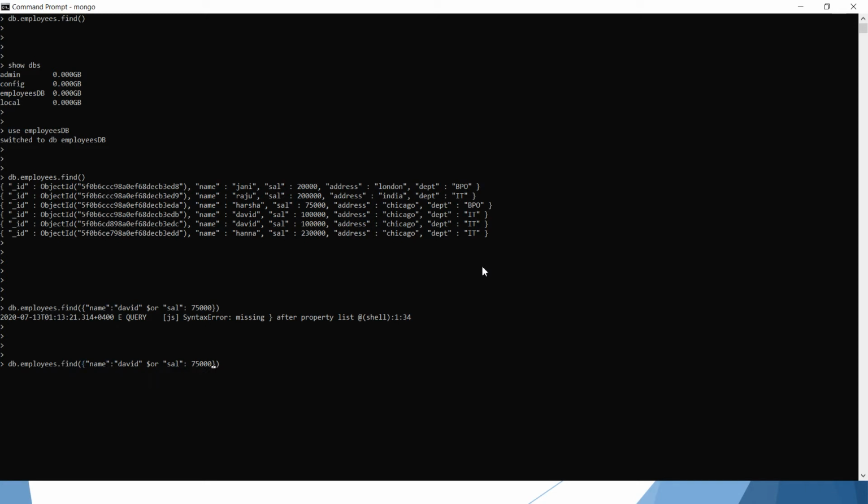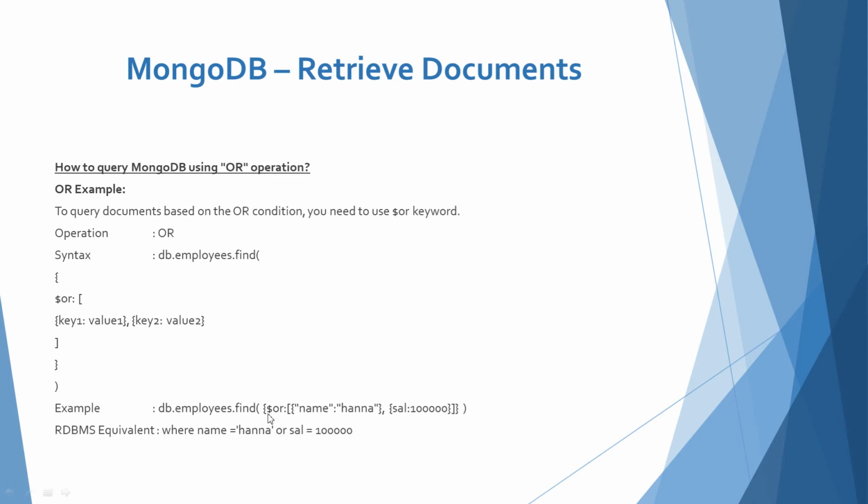Syntax mistake. Let's save the syntax. Okay, got it.